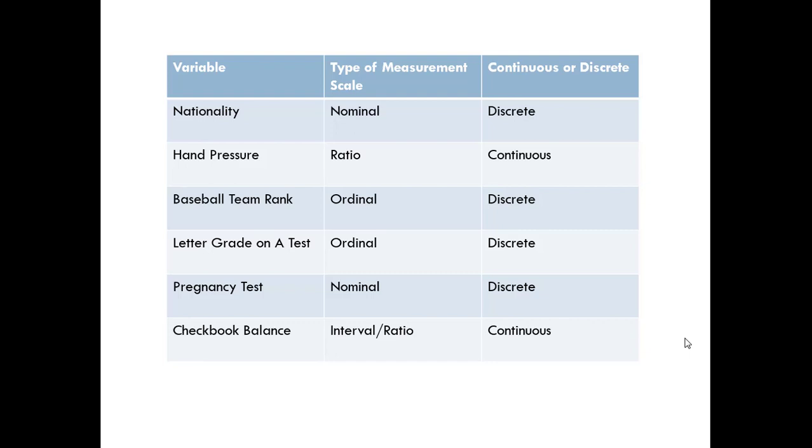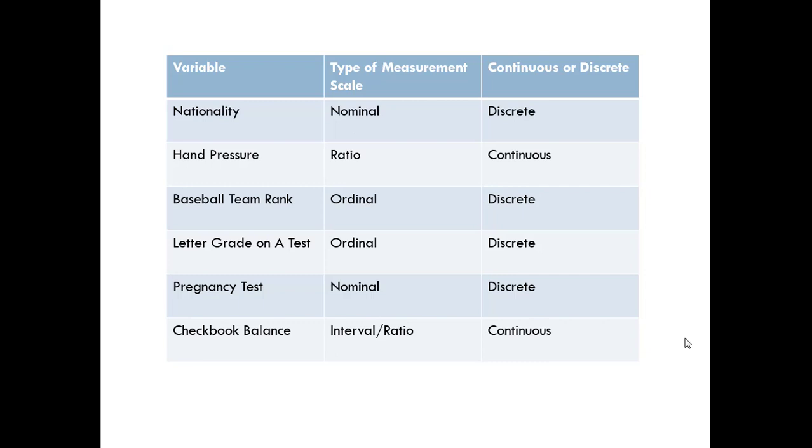Finally, with the checkbook balance, okay, put interval / ratio here. Really and truly, it's a ratio variable, but I put interval in there because, yeah, if you got zero in your Bank of America, BB&T, Wells Fargo statement, if you got a zero, yes, it means that you are indeed broke, or